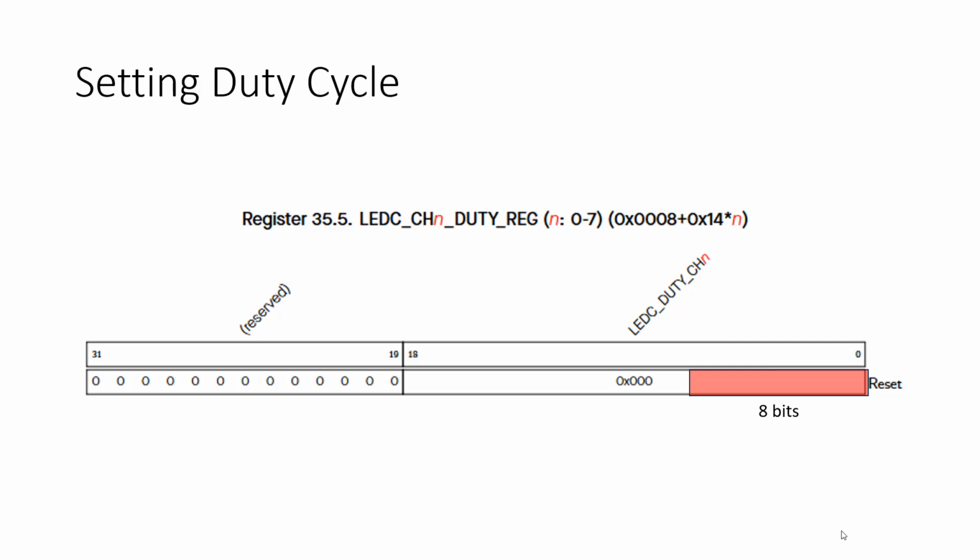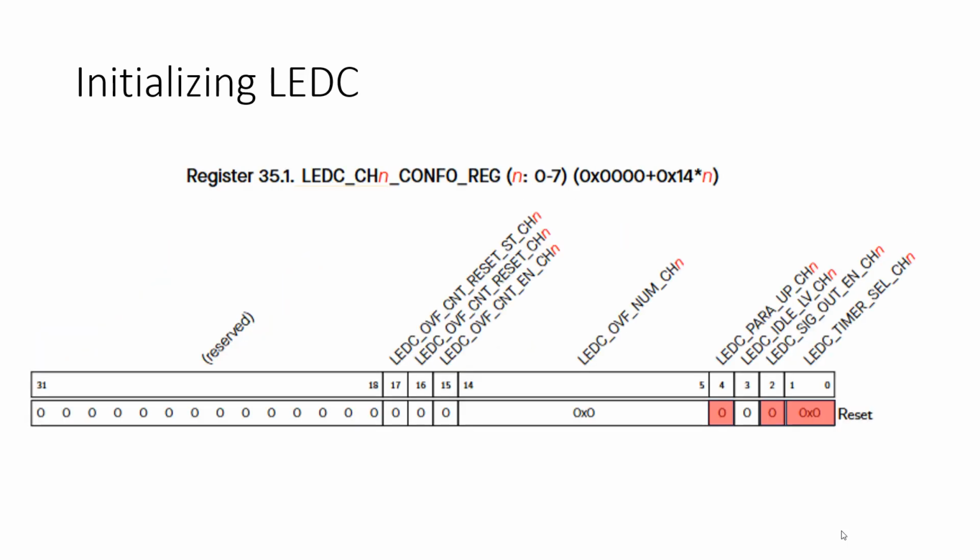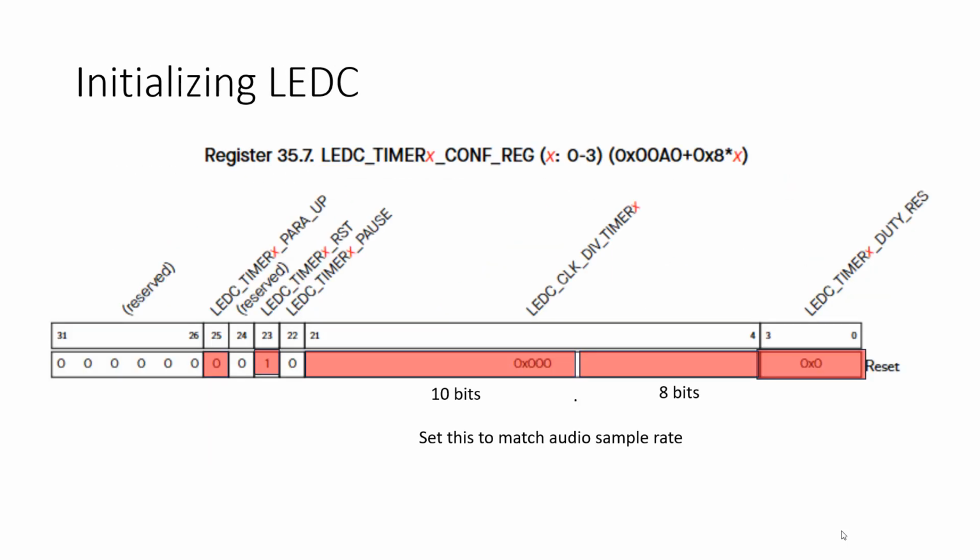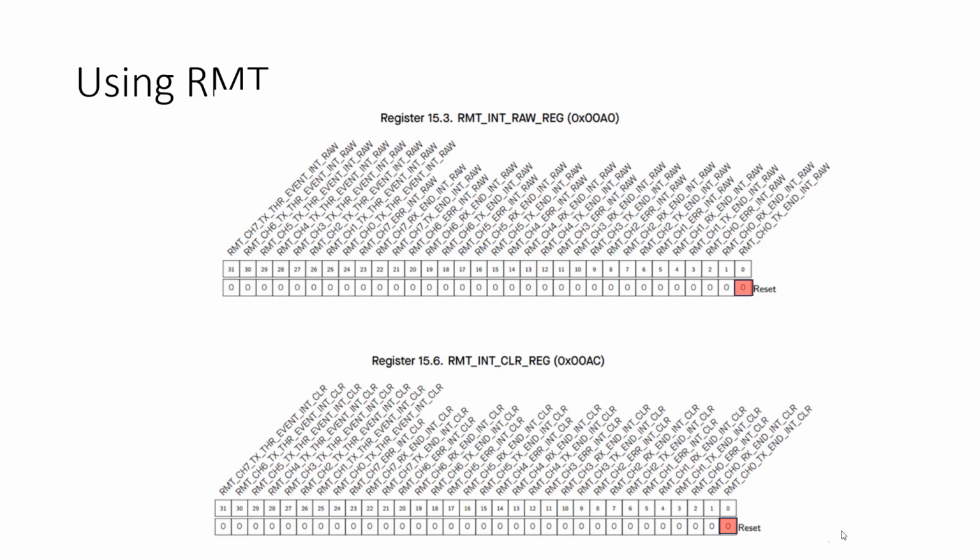So don't get confused. There's 19 bits, but obviously we're not going to put anything bigger than 8 bits in there. But this is where you just dump your audio sample. Just put it in here. Okay, and then finally, I didn't show it here, I'm sorry, but there's also an interrupt raw and an interrupt clear for the LEDC too that allows you, the software, to know if it's